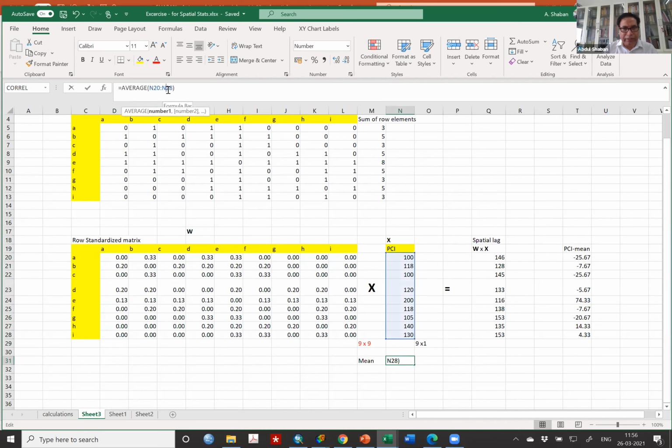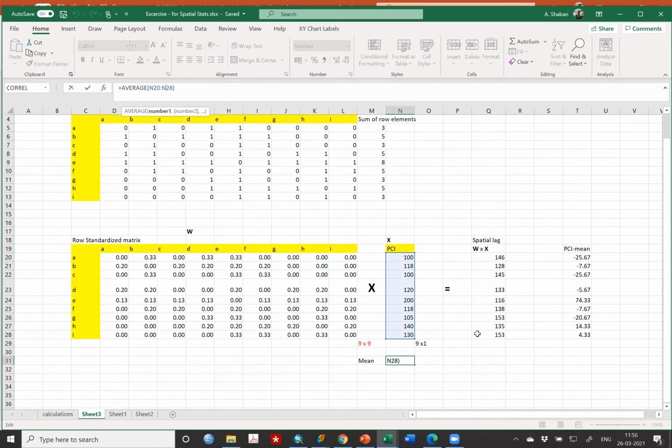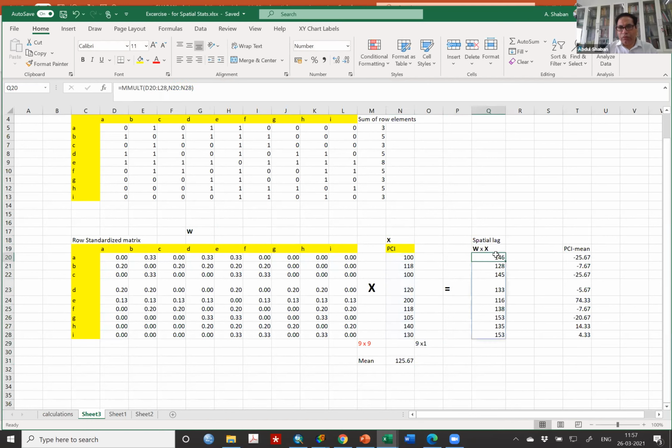All of you have calculated the mean. Is it okay? Yes, sir. Mean, all of you got? Yes, sir. Once you have computed the mean, you need to deviate this mean from 100, from 118, from 100, from 120, so each value needs to be deviated from the mean. That means mean neutralized, mean difference data.